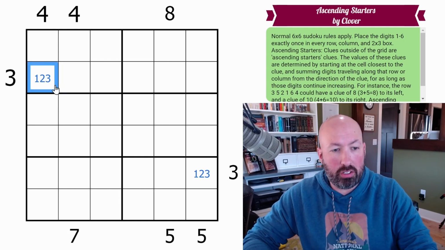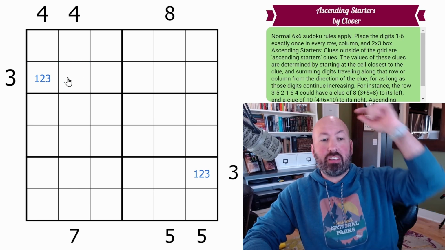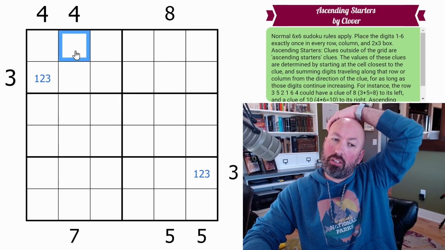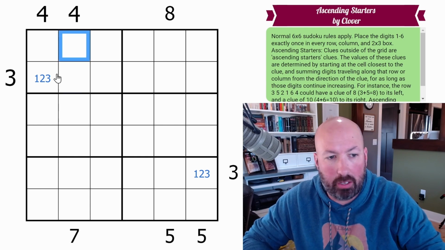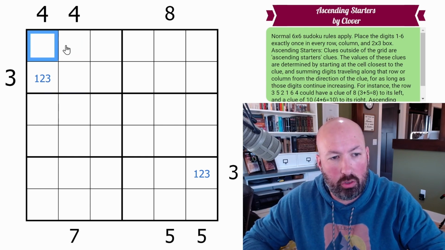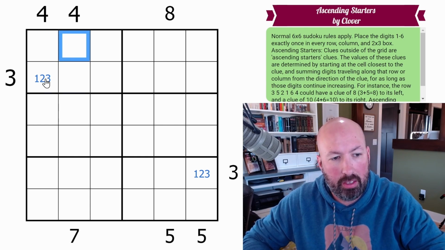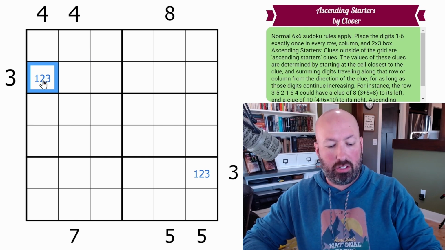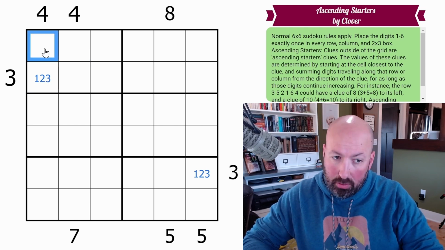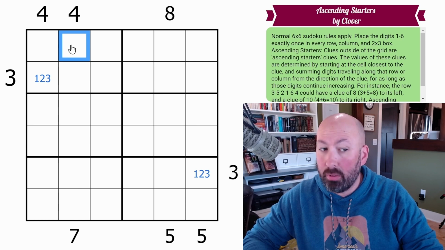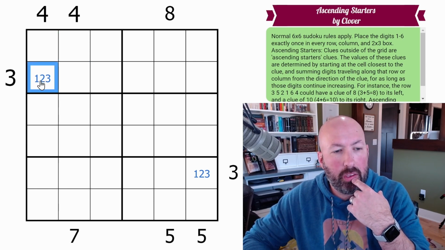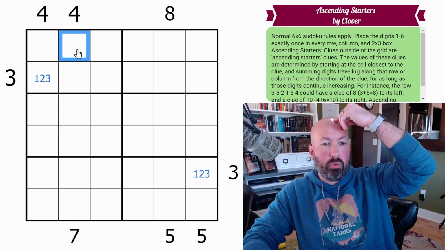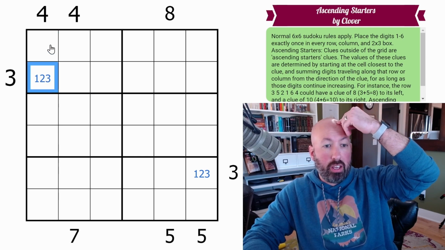So if this was 1, 2... but this can't be a... Well, this could be a 2, but this would have to be a 4 then. Right? Because you can't do anything plus a 2 to get 4. If this was 1, 2, then it would be 3, 4. Otherwise, this is a 3, in which case this would have to be a 1, and this would still be a 4. Oh, so this one... Right, either this is 1, 2, which makes that a 4, or this is a 3, which makes that a 1,